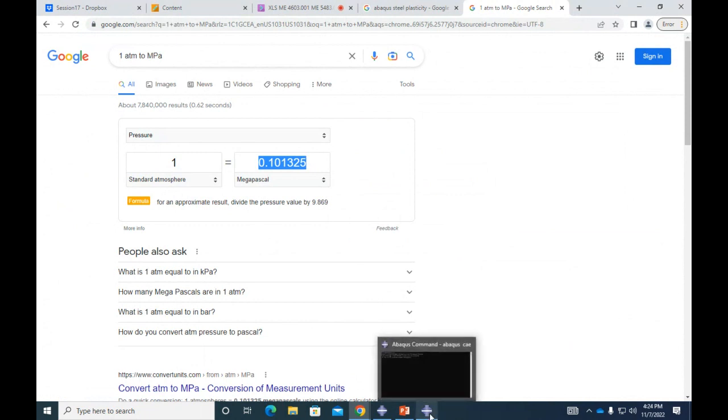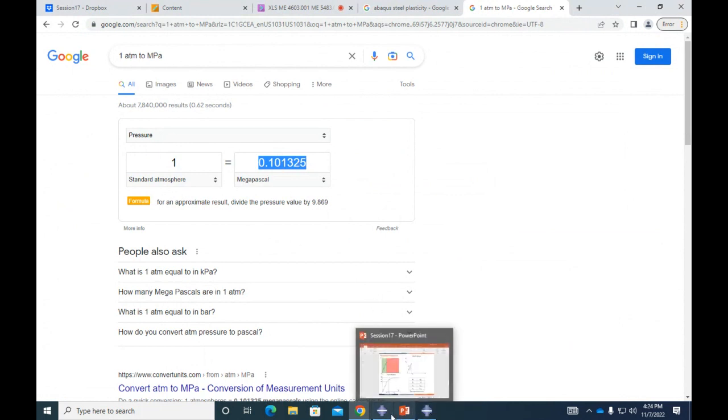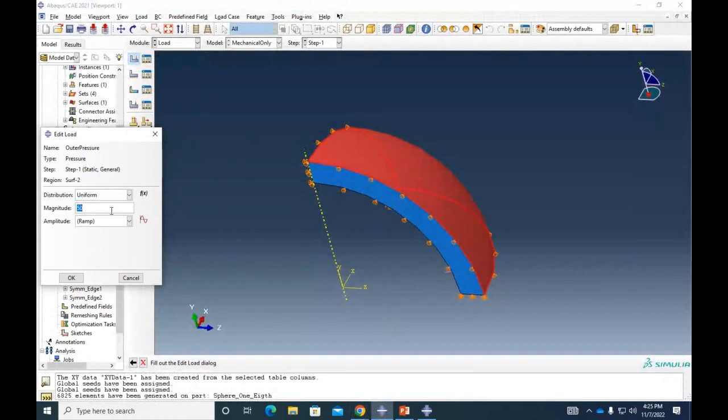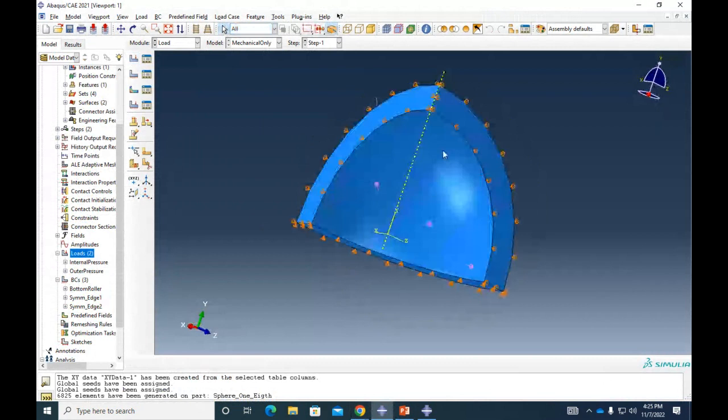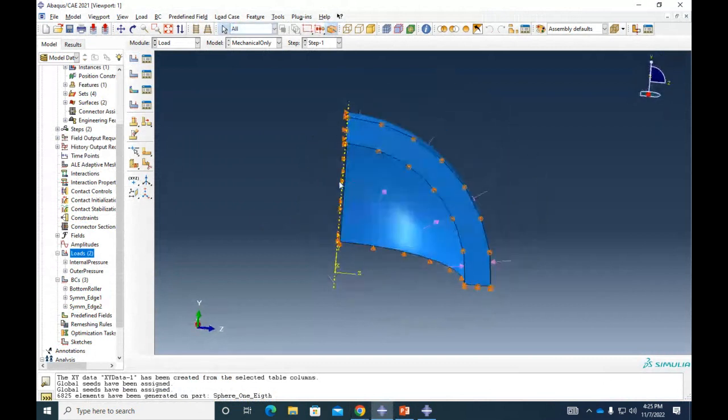Yeah, it's okay. So right, we have a really high internal pressure for this pressure vessel, and outside, let's do the atmospheric pressure, which is 0.1 megapascals. So here, 0.1. So now we have outer pressure in that surface, and then inner pressure in there.